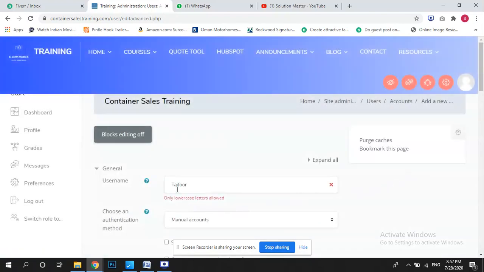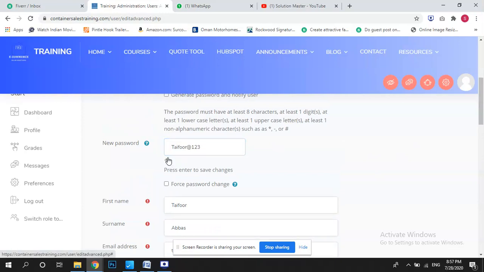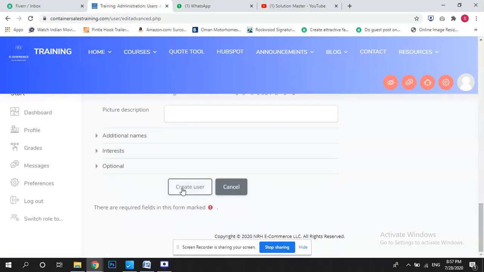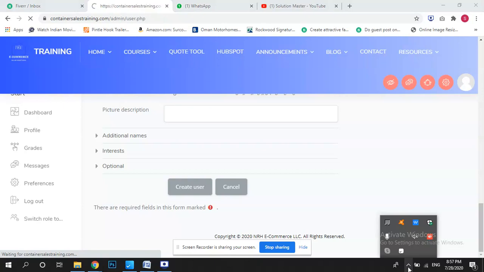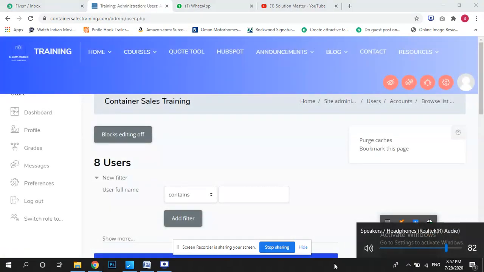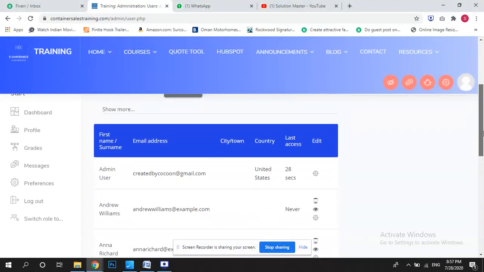Now they are telling me that there should be a lowercase letter, the first letter should not be a capital. Okay, this is my password. Okay, and create a user.